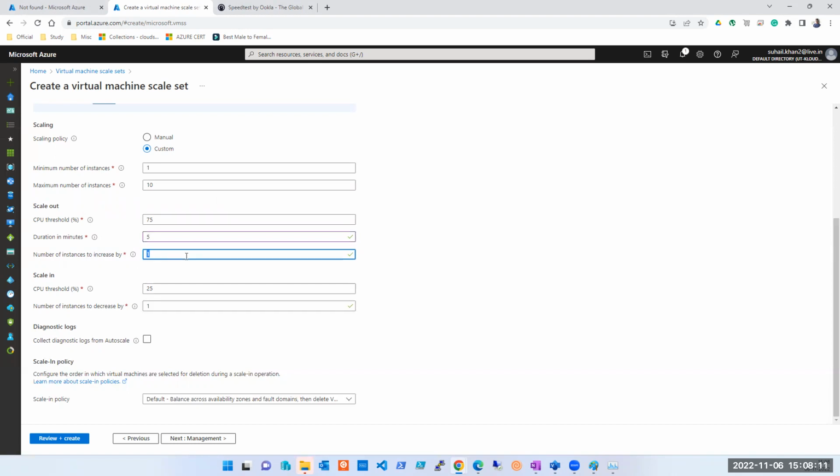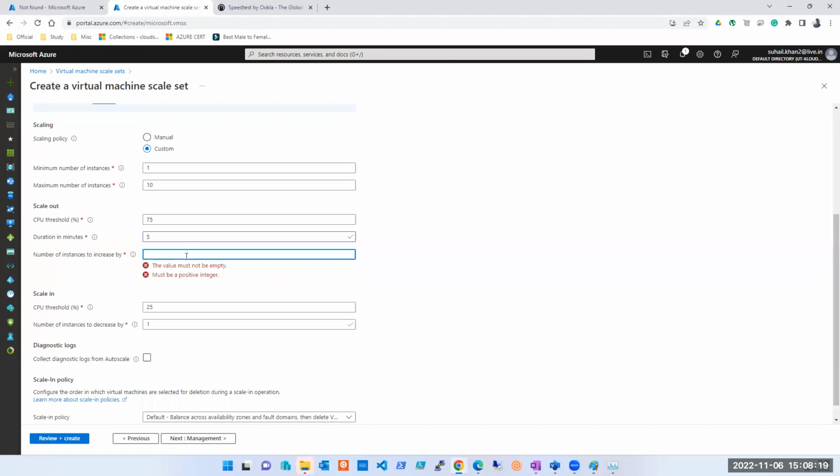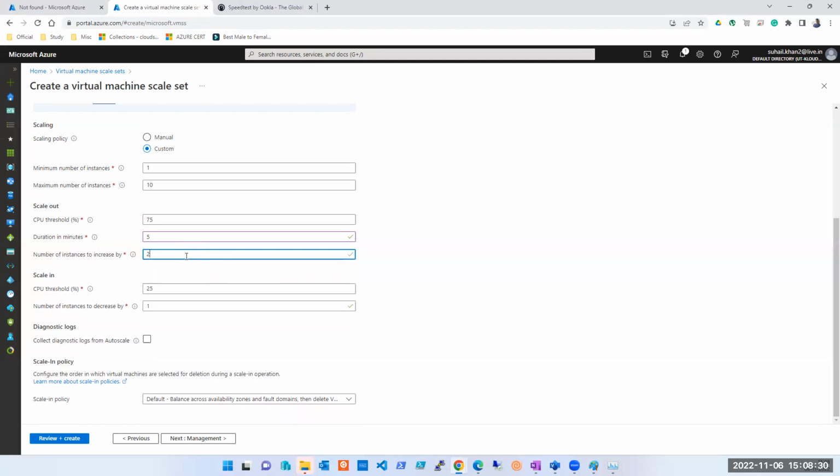This is the place where we can type that number. So how many number? Can I have 12 here, by the way? Guys, can I have 12 here? Maximum is 10. Perfect. Yes, that's what I was looking for. So maximum is 10. So a number has to be between 1 and 10. So I am saying every time it happens, let's increase it by 2. I don't want to take risk. Increase it by 2.